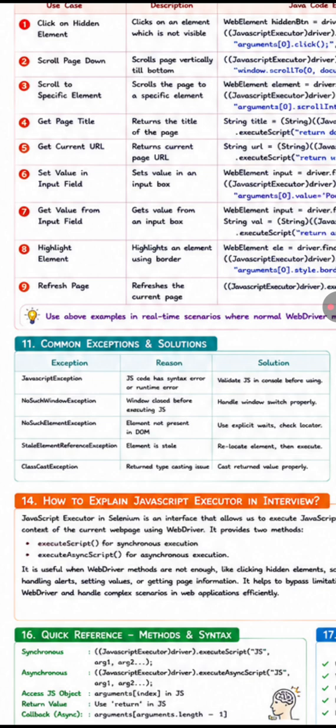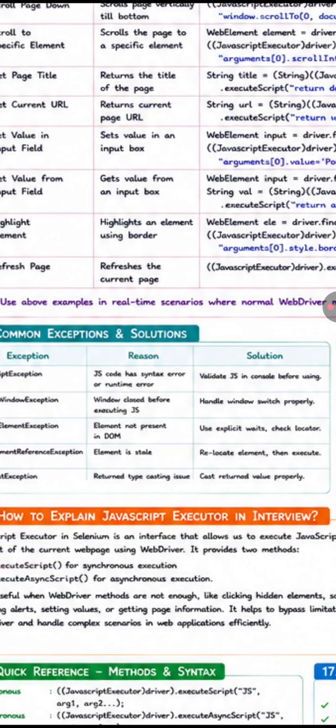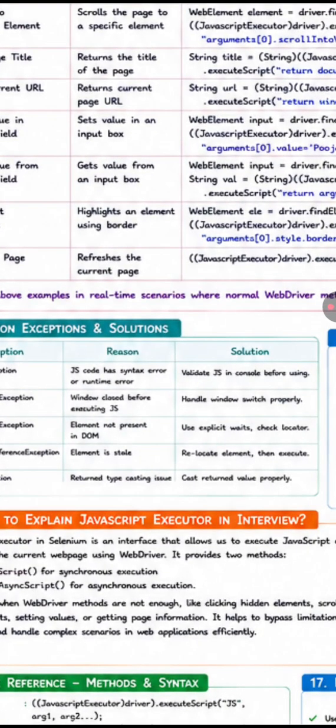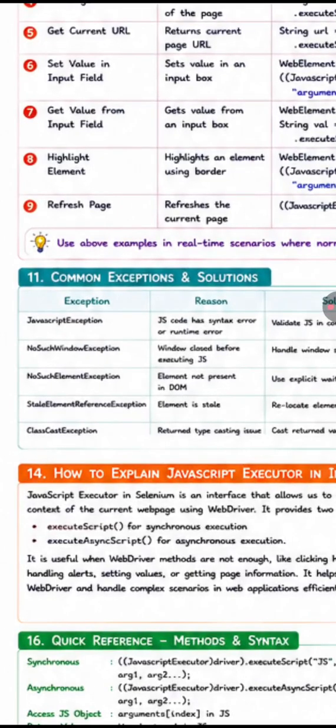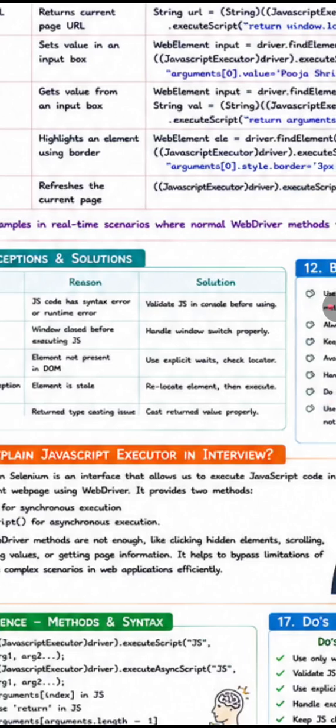So when we face JavaScript exceptions, what is the reason behind this? The JavaScript code has a syntax error or runtime error, and by this we face this problem. For that problem we have a solution: we have to validate the JavaScript in the console before using it. Next exception, NoSuchWindowException: we face this exception because the window was closed before executing JavaScript, and to handle this exception we have to handle window switching properly, like from main to default or from one window to another